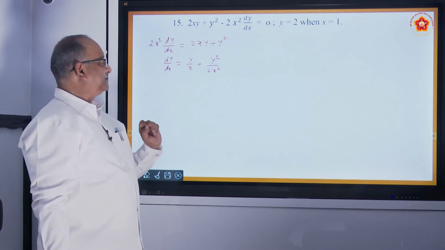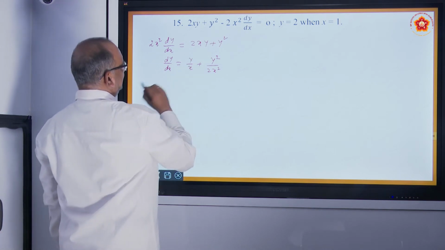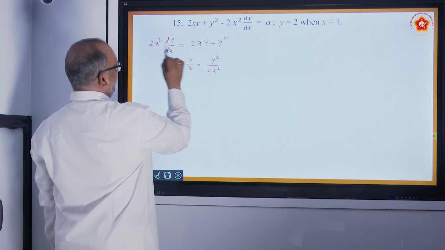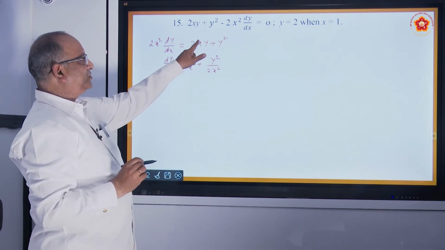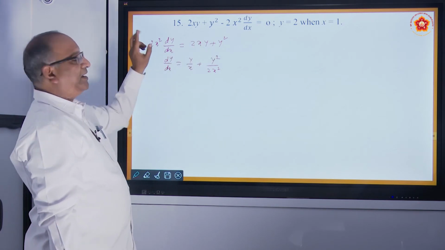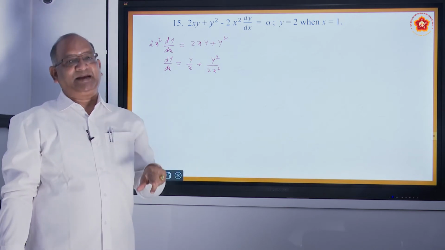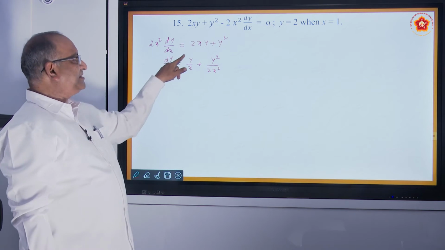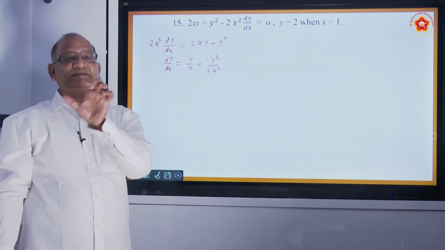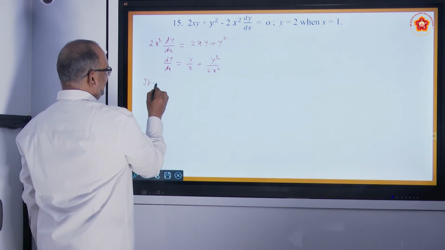You can see that the powers, for example here it was 2xy. 2xy means x to the power 1, y to the power 1. So, total is 2, y square power is 2, x square power is 2. So, it is a homogeneous equation once again of second degree. After simplification, powers may come down, but originally we have to check whether each term has the same powers. So, we will say it is a homogeneous equation.